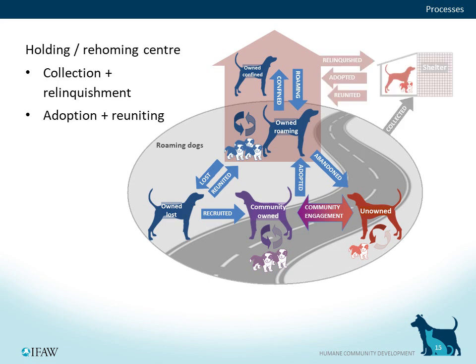In some locations, there will be a system for collecting dogs from the streets and holding these for reuniting with owners in the case of lost dogs, or potentially for rehoming if no current owner can be found. Dogs may also enter this facility through the process of relinquishment directly from owners. Now, if systems are working well, the facility is well connected to the community, and the numbers of dogs are not excessive, adoption or reuniting will be the only processes for healthy dogs to exit the facility.